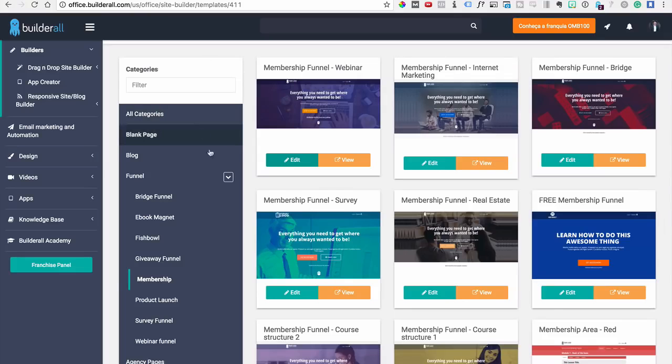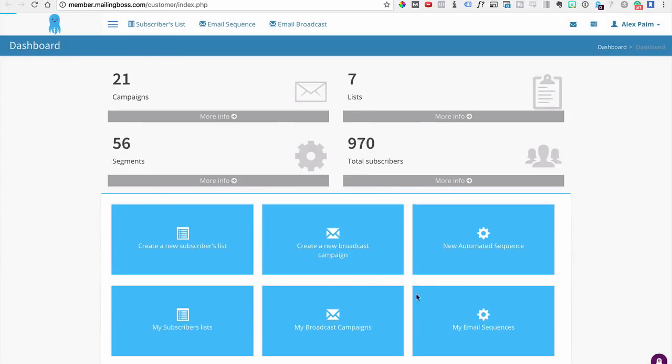Let's go back to our dashboard so I can finish showing you the rest of our tools. Now all the things that I just showed you is part of the builders tool. We've got the app creator, so you can develop your own app for mobile phones, Android and iPhone. You have your responsive site, your blog builder, and you have your email marketing, which is the autoresponder that we offer in our platform. All this is unlimited, and you can use it